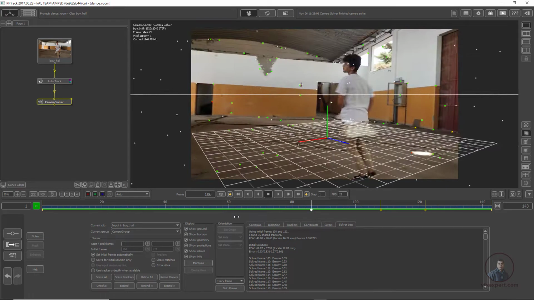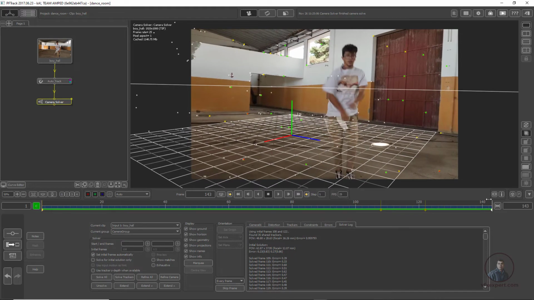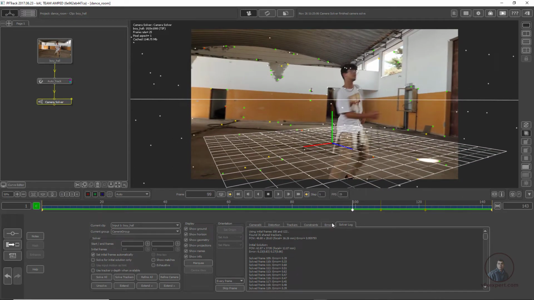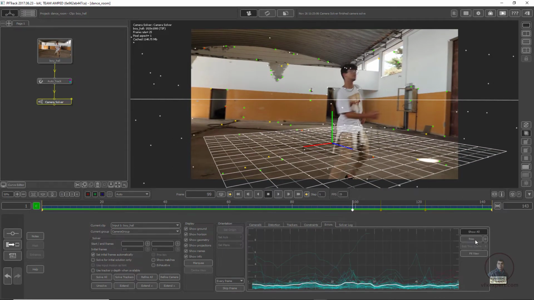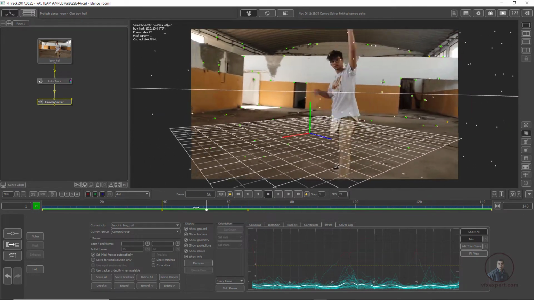I think this is sufficient. This is looking good. Solid track here. So a little bit if you want to enhance, then simply come in error and click on trim here. Just adjust it a little bit, maybe some. Then refine camera and just solve all. I think this is too good.